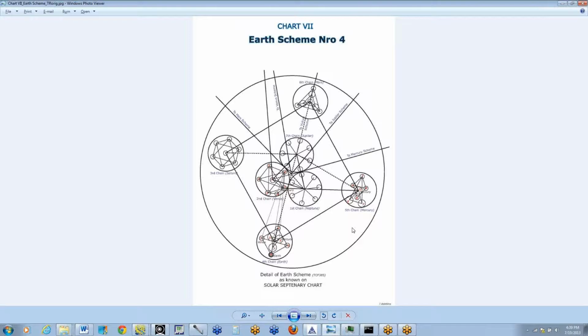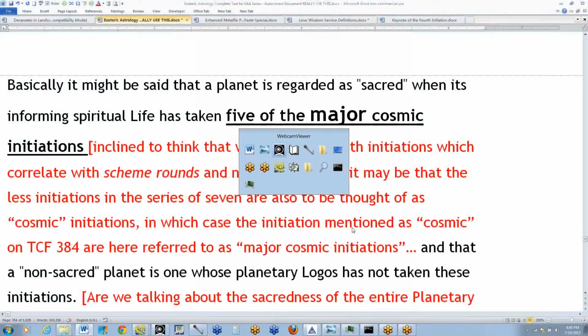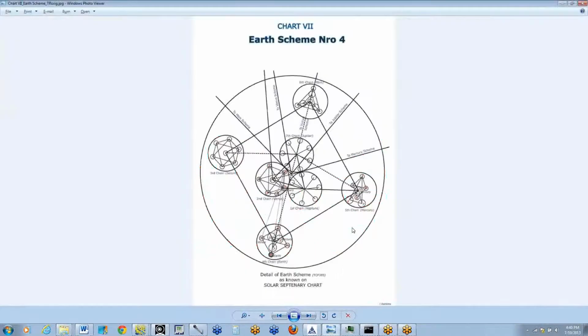So starting with the Neptune, then the Venus, then the Saturn chains, the round has to pass through those, and then come again to the fourth chain. Well, wait a second. No, that is probably not correct. It's globes that it has to pass through. And they also have names. But still, there has to be a pralaya in between